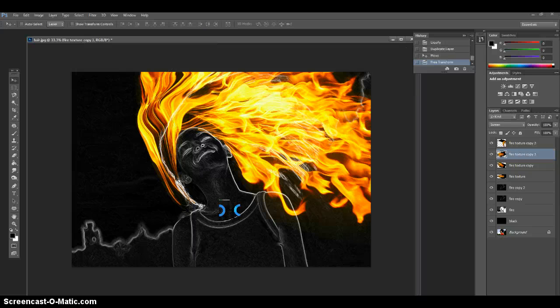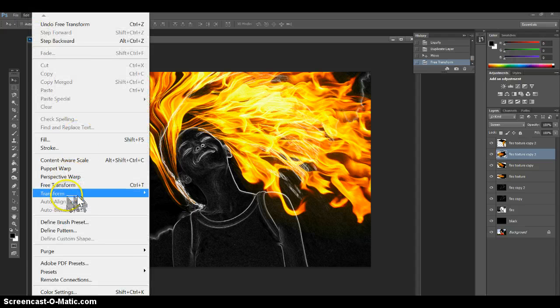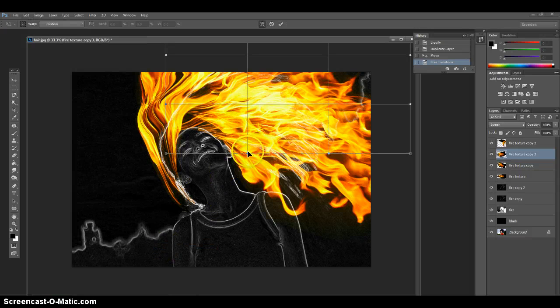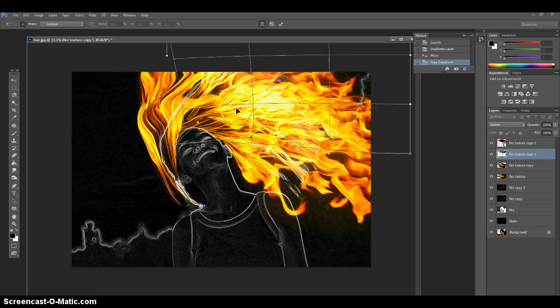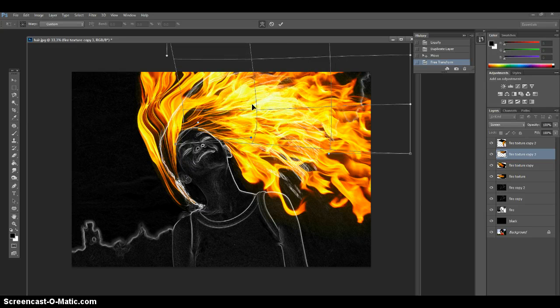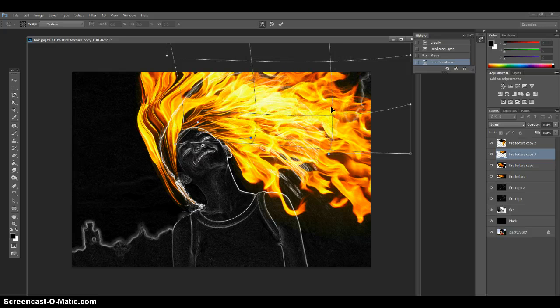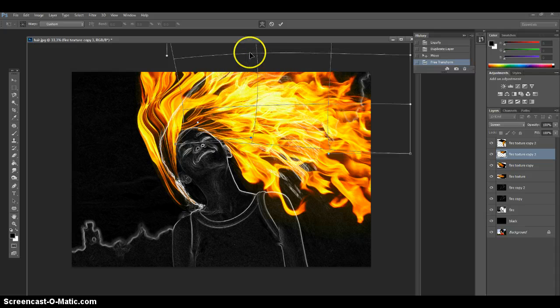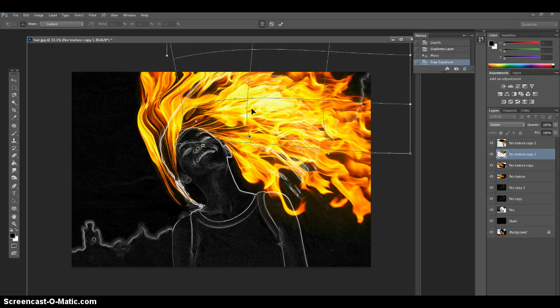So hit Enter. You're still in that same layer, and you want to go back and do Edit, Transform, and Warp. So you're just doing the same thing over and over again, creating these different layers and making it richer. I really like the warp tool. I think it's kind of fun to play with. Okay, and then you hit Enter